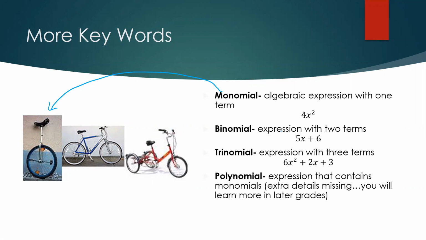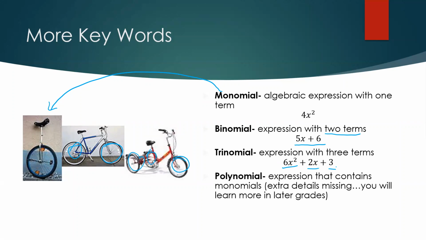A binomial is an expression that has two terms. So just like we have two wheels here, we have two terms here. So we have 5x plus 6. This would be an expression of a binomial. And a trinomial would be an expression that has three terms, right? So in this case, it's just like the tricycle, we have three wheels there. An example of that would be something like 6x squared plus 2x plus 3, because we're adding the three terms there. And finally, a polynomial